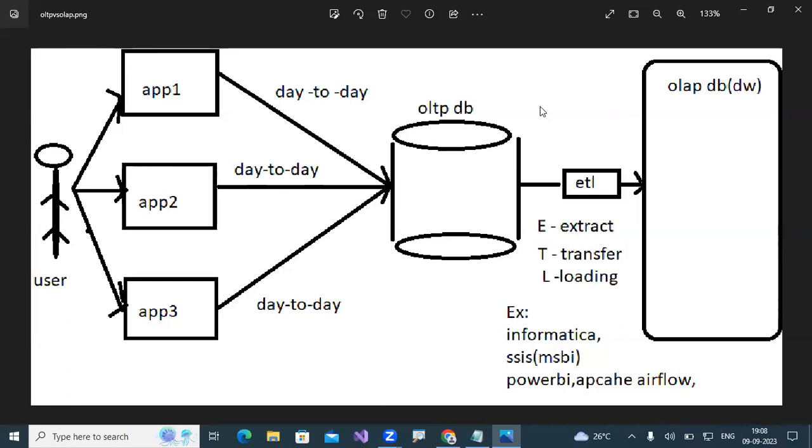So if your interviewer asks, what is the OLAP data source? OLTP. OLTP data source? Application. Understand? Because from there it comes. OLTP data source is application, because OLTP data comes from applications.